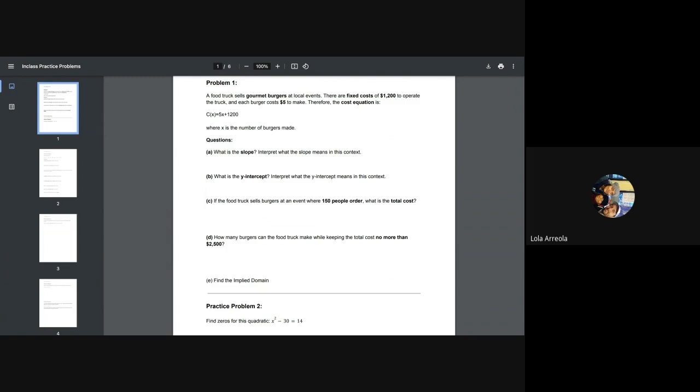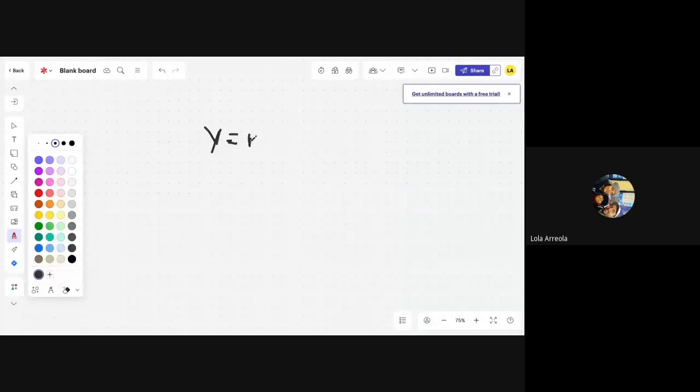I know this is a linear equation because it looks very similar to y equals mx plus b. But instead of this, I have C equals